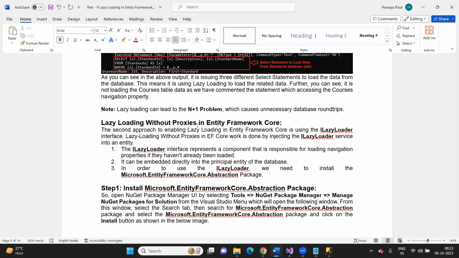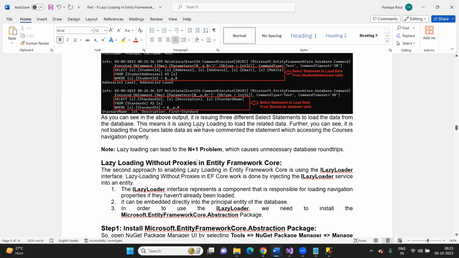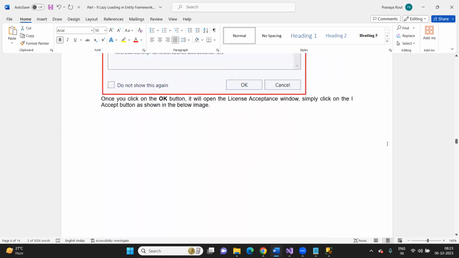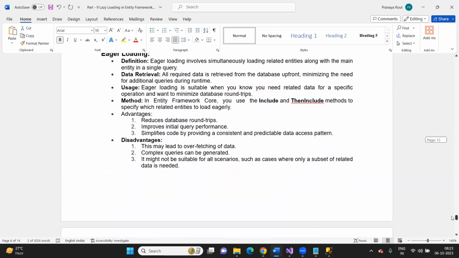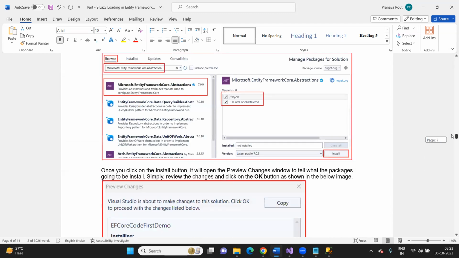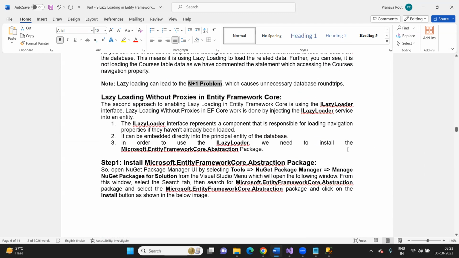So if the n+1 problem is there, then why are we preferring lazy loading? That is what I'm going to tell once we discuss the difference between lazy loading and eager loading. At that time you will understand these things. Okay, so basically, to simplify this question,